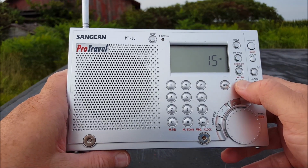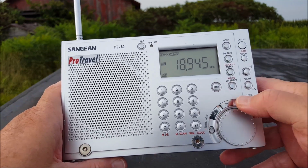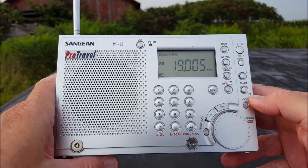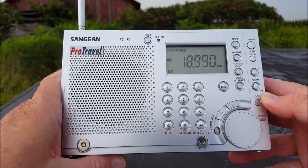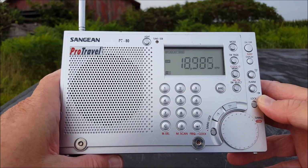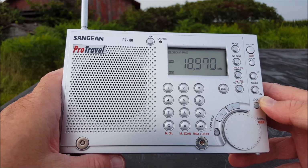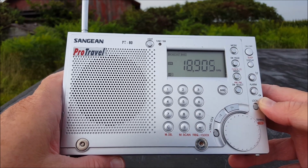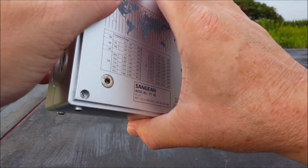I think we went through all that. Let's just try this. I don't foresee this bringing anything at this time of night. Time of day, I guess I should say. Then we'll try single sideband real quick and wrap it up. Cool little radio. Just one of those fun ones. While that scans, do we have a...